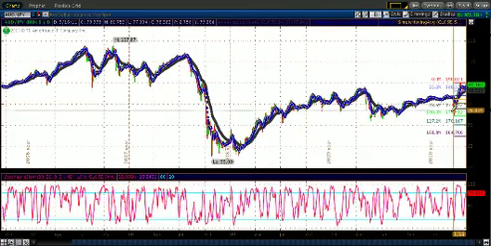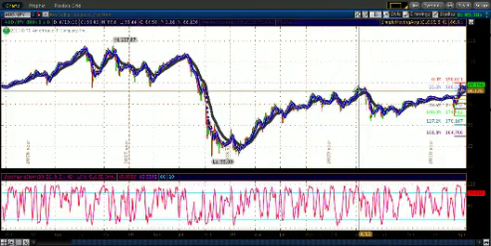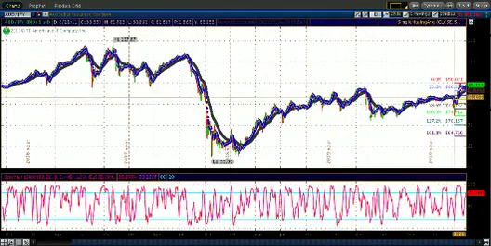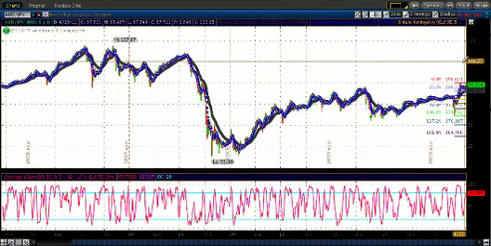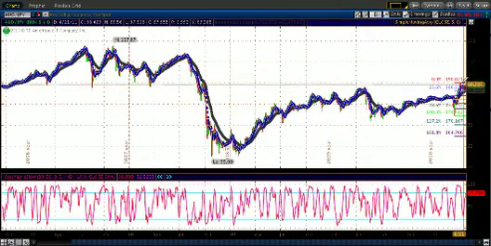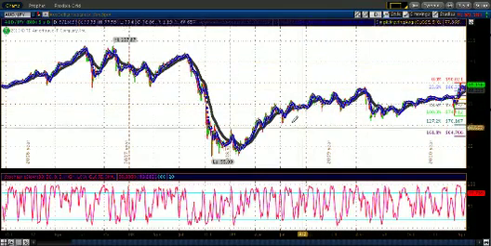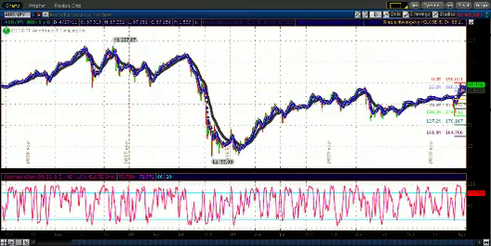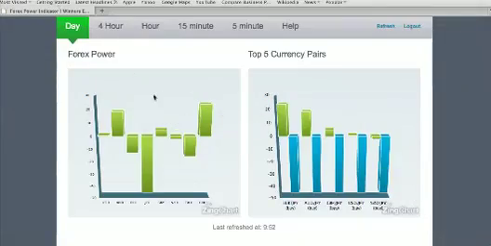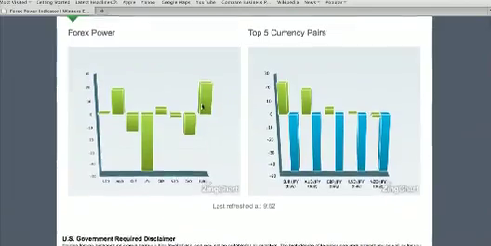We've been in a very sideways market here for the last year and a half or so, and so therefore it could be time for a good trend, and this definitely looks like it could be turning into that. All right, so let's go back to this web page, the Forex Power Indicator,